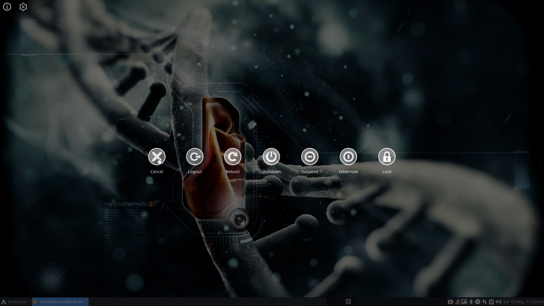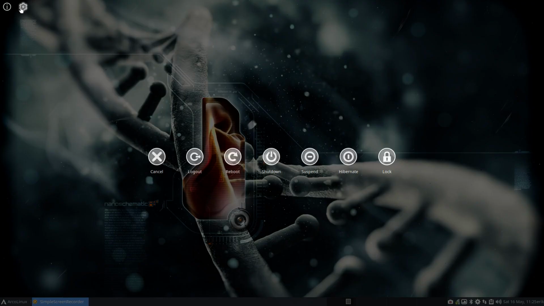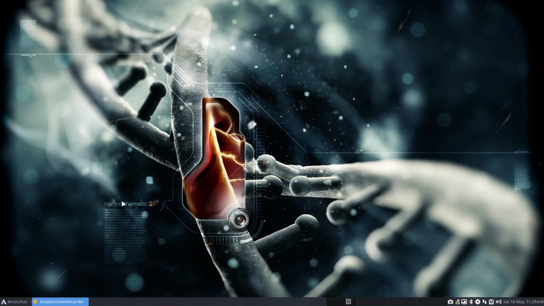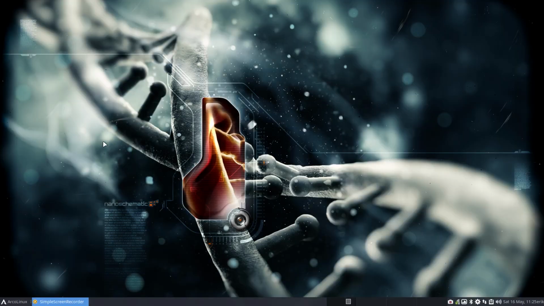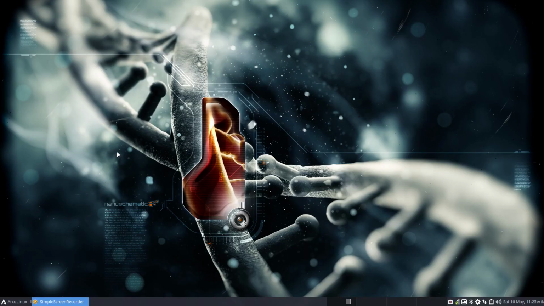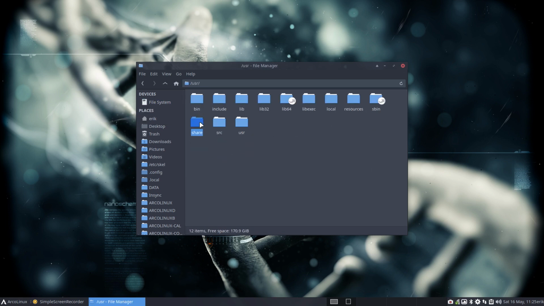So take a look what exactly we need. It's only an SVG and a certain size, and then colors and all that's up to you. So if you want to be creative and say, look, that's a good idea to start a little bit with icon creation, right? Sardi fire is probably going to be red, right? Fire. No, it's orange. So cancel, and so on and so on. So if you feel creative and want to make more icons for the ArcoLinux Logout,